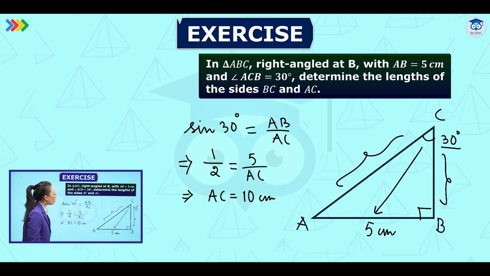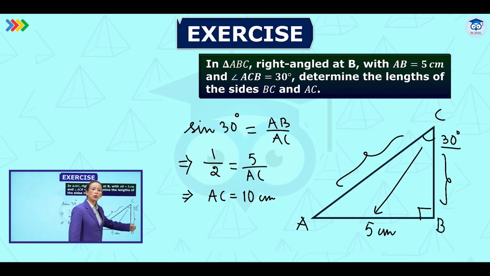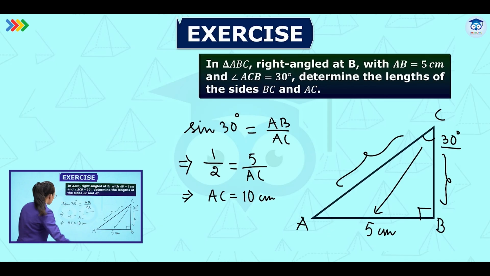Now next we are going to find this side. You can calculate this angle as 60 degree and then use another trigonometric ratio, it's okay, not an issue. Now, we know this and you are going to find this. So, this is the adjacent of this particular angle, so you can use tan theta. Or else, hypotenuse is known now, so to find the adjacent, you can use cos also. Not an issue.